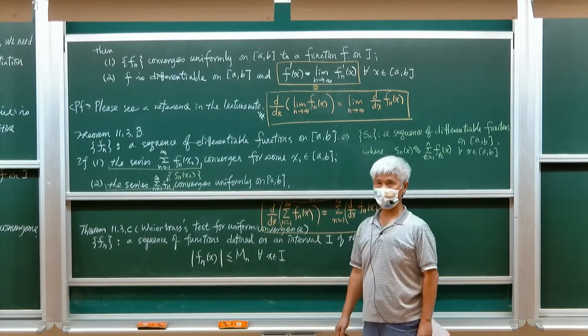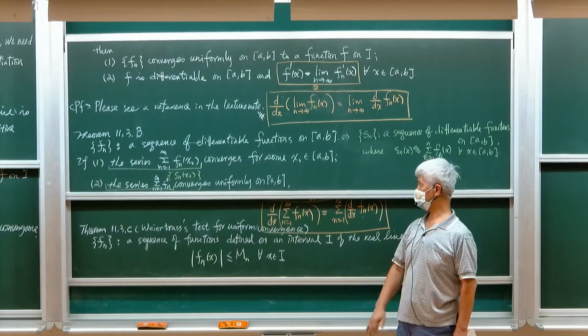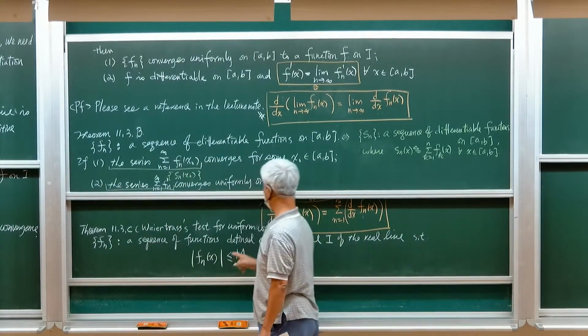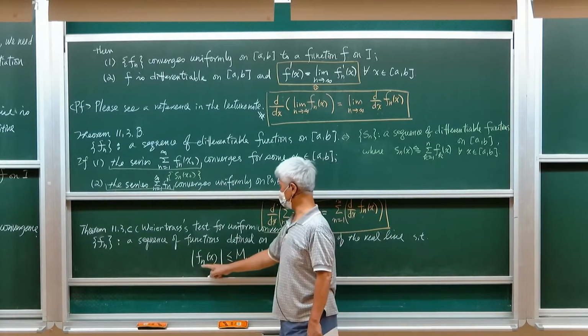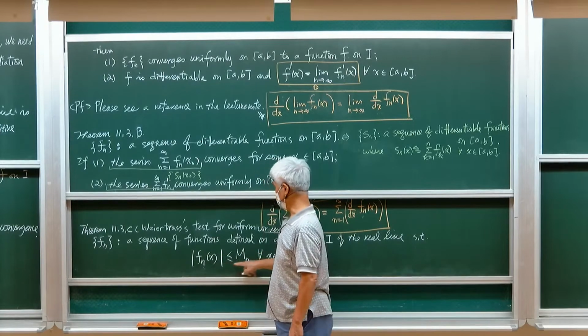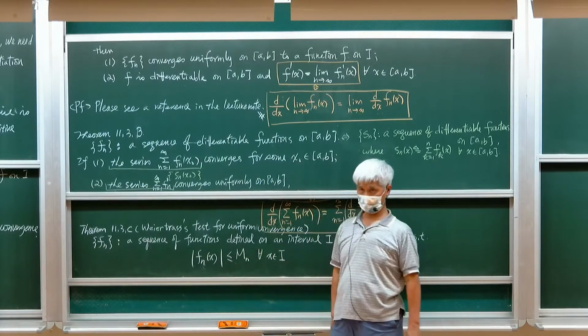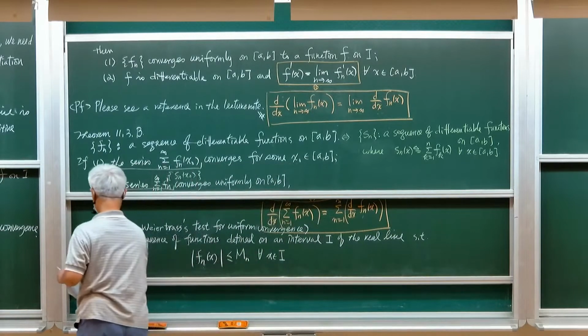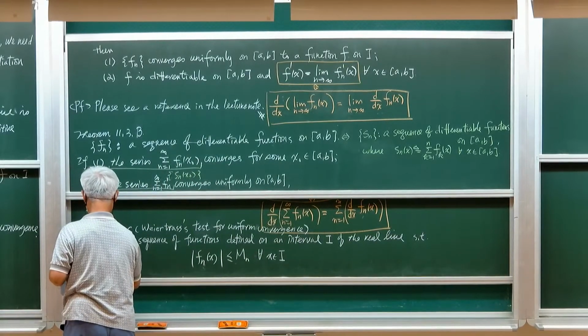So first of all, we have a sequence of bounded functions. And for each little n, this component function is upper bounded by m sub n. Now, if the series